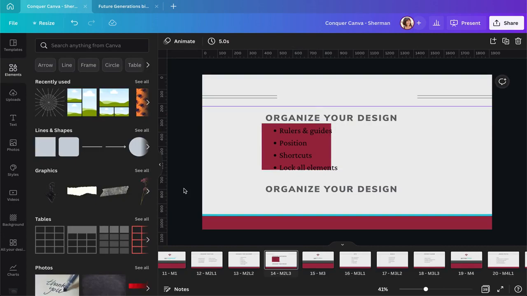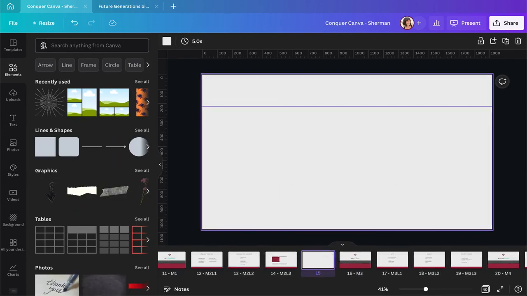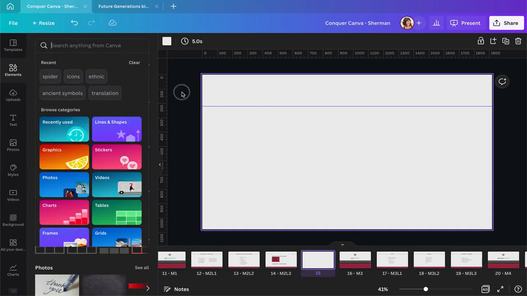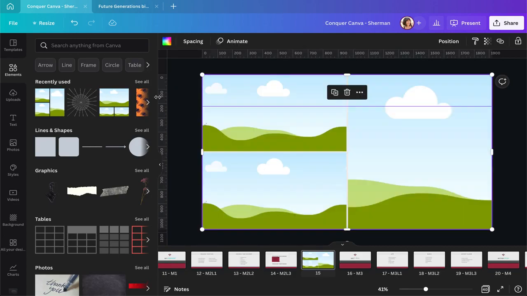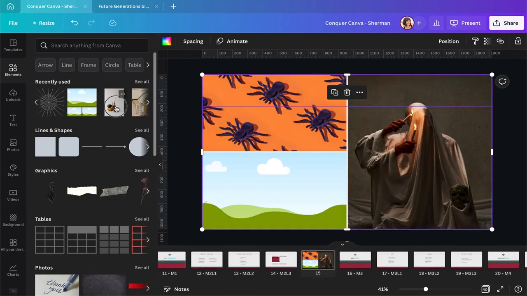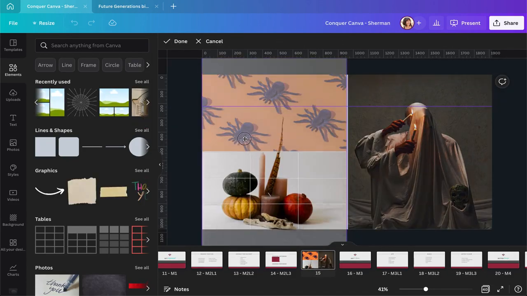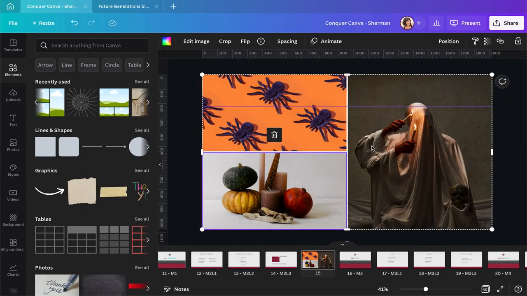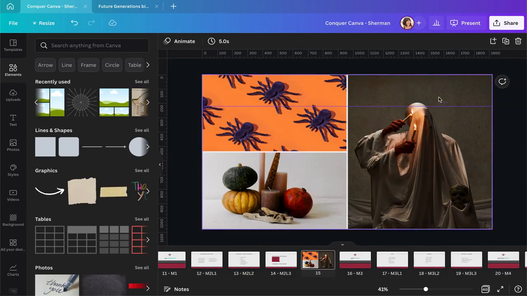Locking elements is also super helpful when it comes to photos. Let me show you what I mean. So let's use a grid here and let's drop some photos in here. Let's say we have some Halloween theme going on here. So let's say we got these photos and now we want to add another element here, like some spider web,